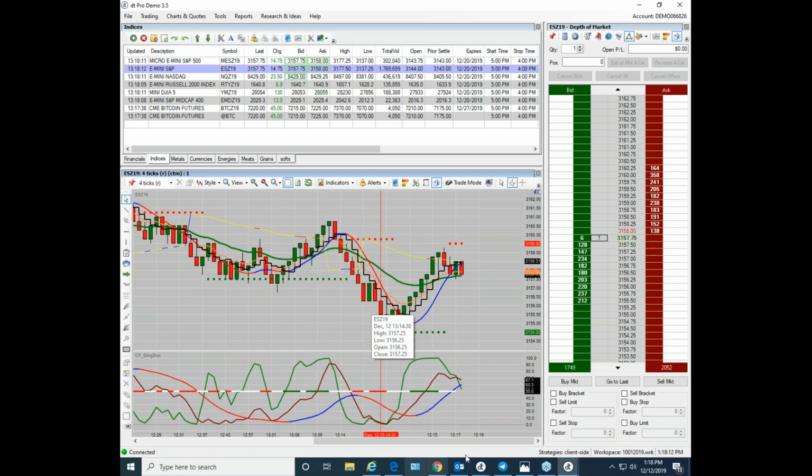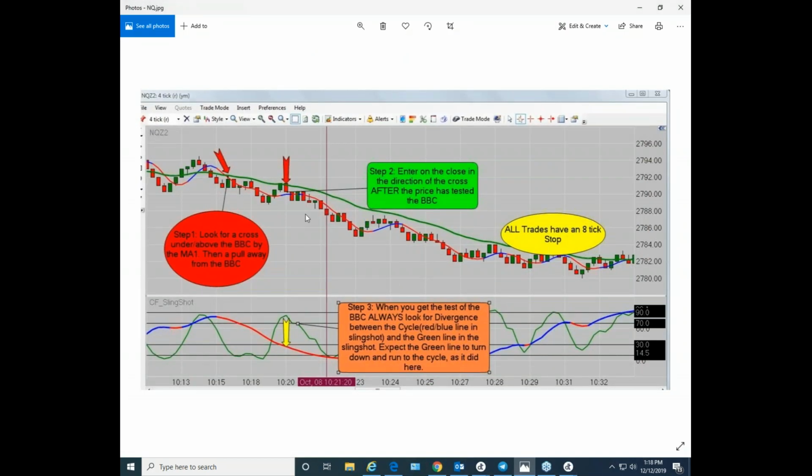Okay, so step one is in play, right? We have the bearish cross. Why is it a bearish cross? Because the MA1 is red and it's crossing the BBC. So now we're looking to get short. Okay, we activate the trend line over here. As the market is gravitating toward that green line or the BBC, we said we are going to draw a trend line because we don't know if it'll get there or the cycle might turn color on it,